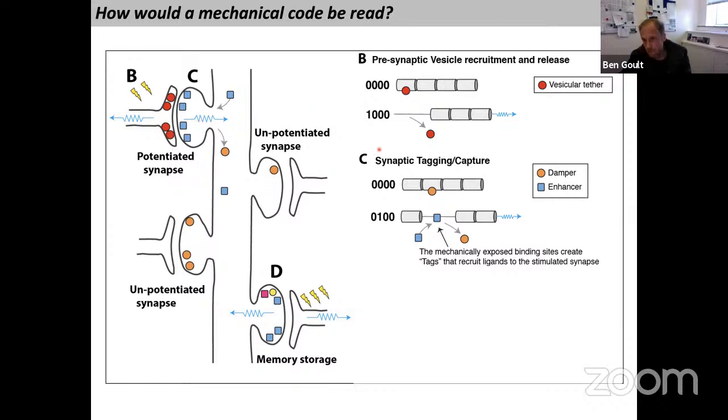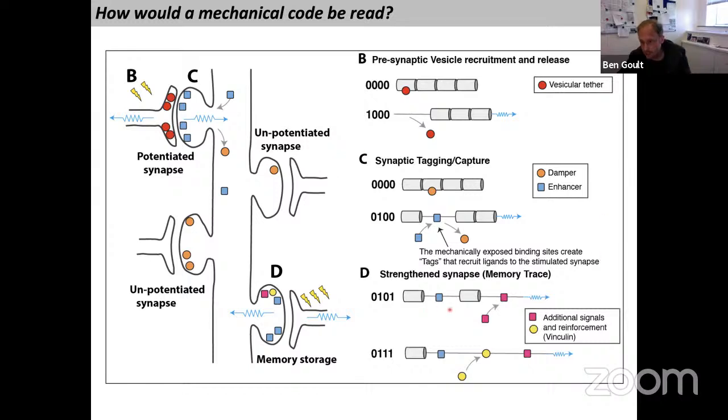And the opposite is also true, this inverse synaptic tagging, where other proteins are recruited to dormant synapses to keep them in a low, unpotentiated state. With the same idea, if these are bound to that same switch, then those dampeners would be released and would accumulate on the unstimulated synapse. So you'd be constantly talking between all of these different synapses, moving these different proteins around as a function of this, and in a very quantized manner.